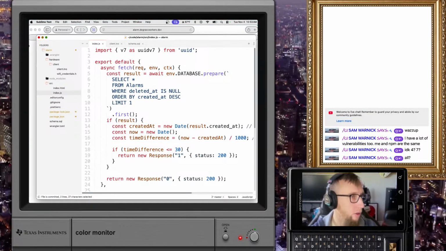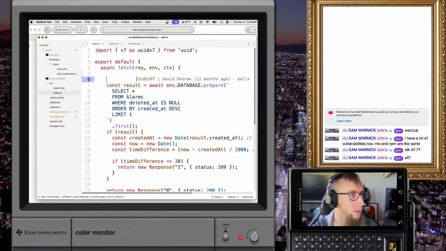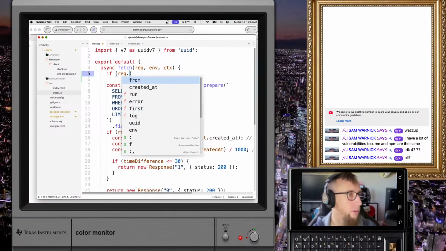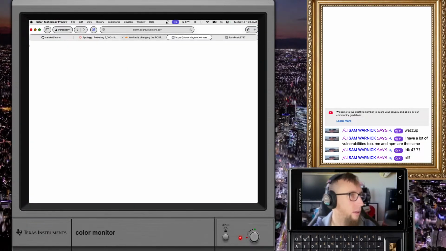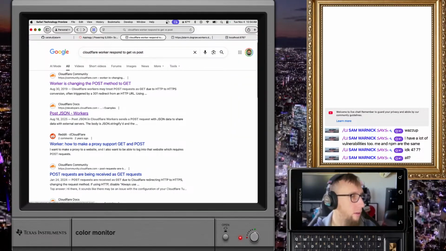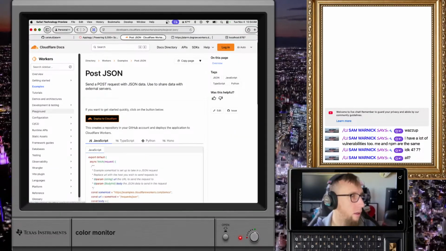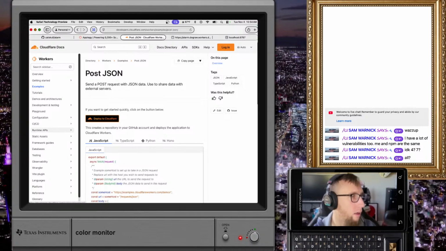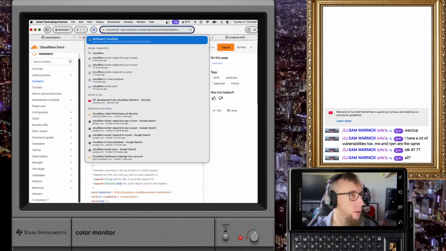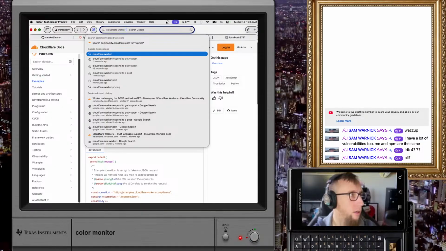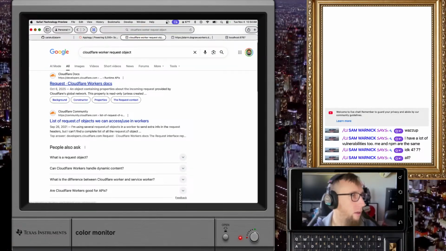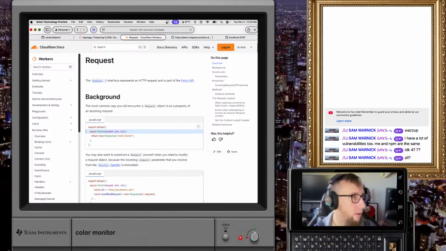Okay, so if request dot, what is it? Where is the Cloudflare request object? I just want to see the worker request object. Let's see if this tells me what I need to know.